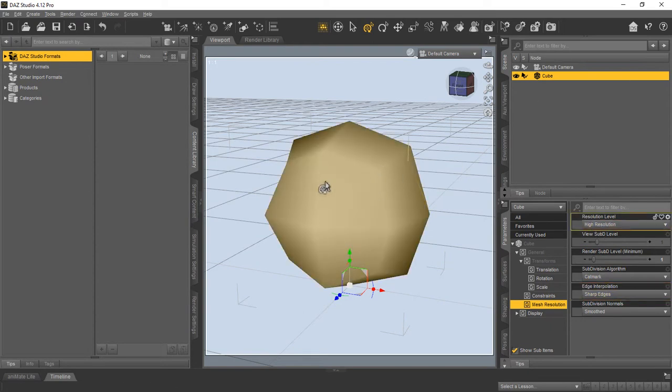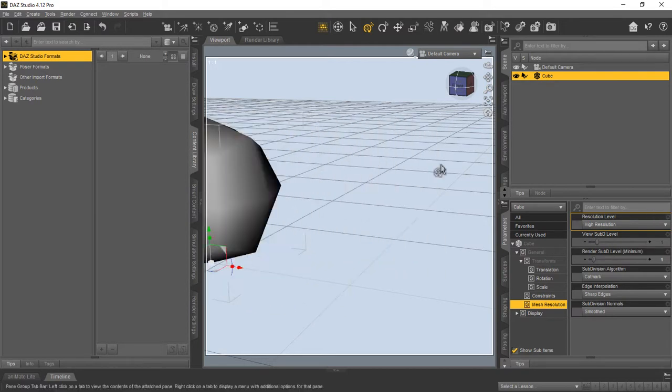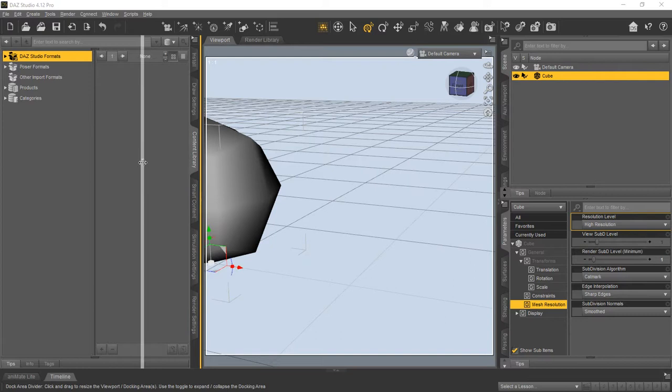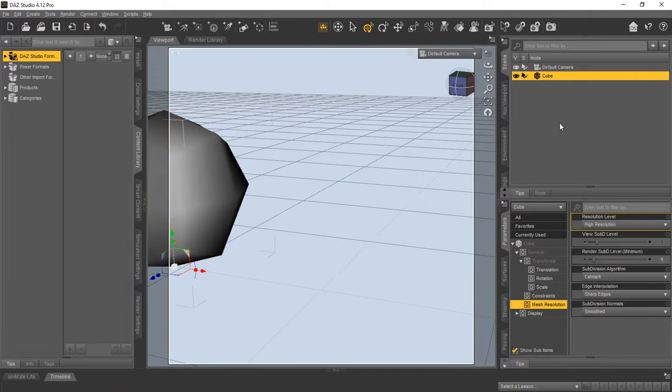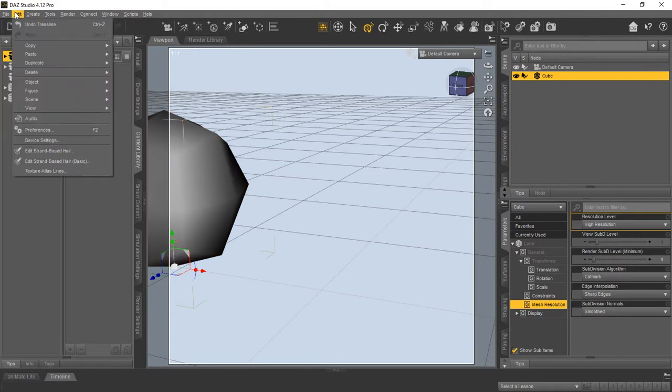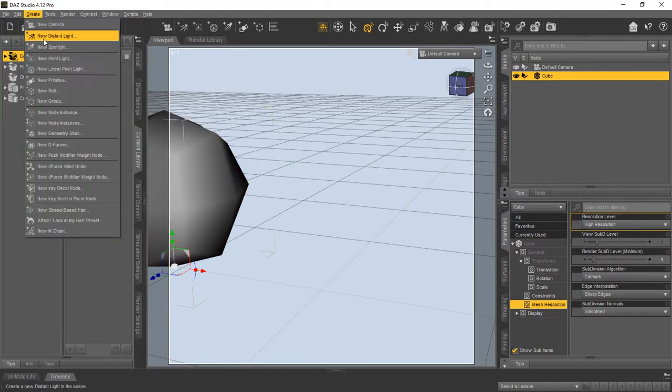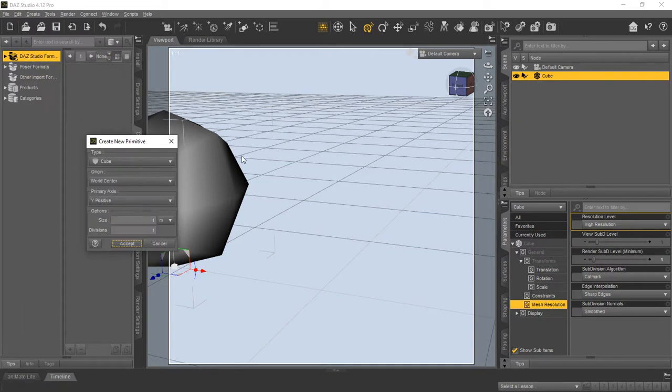So we're going to go ahead and delete that cube. Well, let's keep that cube real quick. We'll just get that cube and put it out of the way real quick. So we'll go create a new primitive. So now you might have noticed how it's kind of not quite what we'd expected,